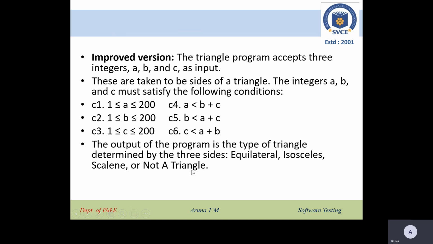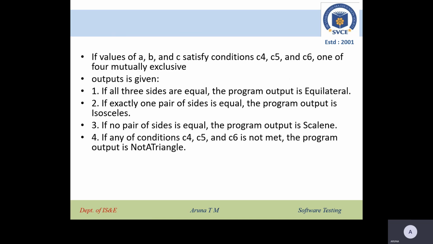Next we'll discuss the program. If the values of A, B, C satisfy the conditions C4, C5, C6, one of the mutually exclusive outputs should be given. If all three sides are equal, the program should output equilateral triangle. If only one pair of sides is equal, that is two sides are equal, the program outputs isosceles.